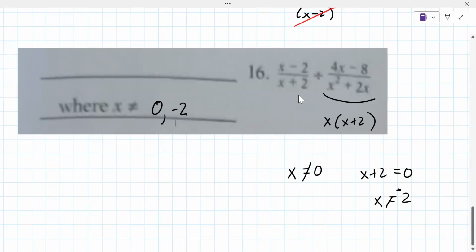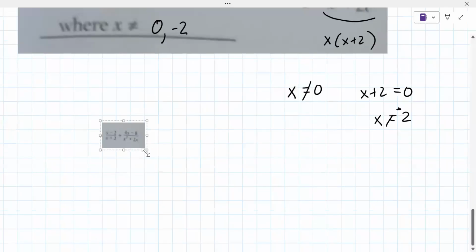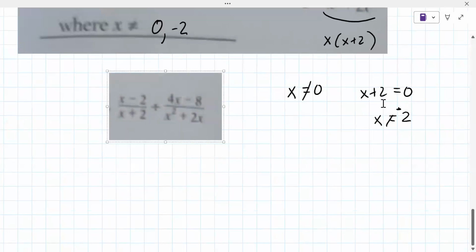Now, the bottoms are not the same, and that's the key issue when you're combining things. If the bottoms are not the same, you have to make them the same. So I'm going to reset this problem first. They actually do this right. Most courses don't make you exclude values first. But this becomes x minus 2 over x plus 2